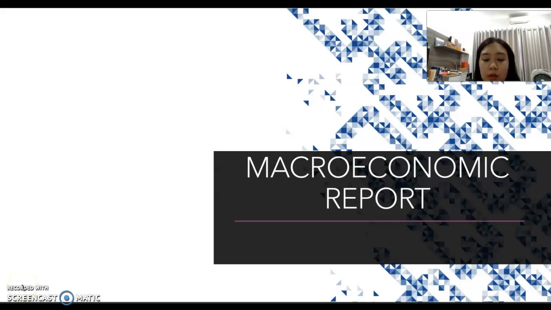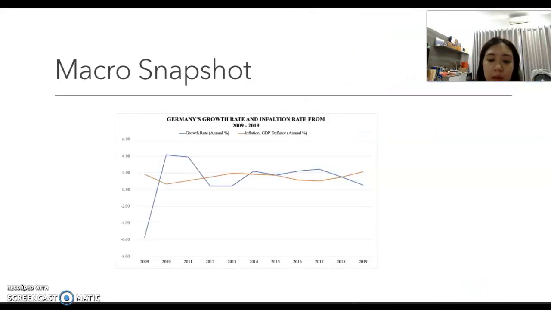Today we'll talk about the macroeconomic report, German fiscal policy. Now let's look at the macro snapshot. The first graph will be the growth rate and inflation rate. So based on the chart,